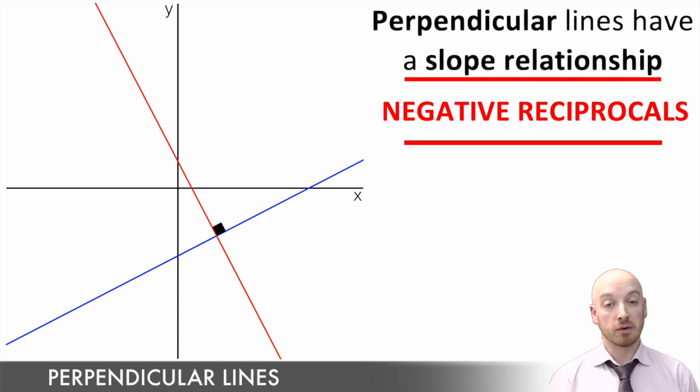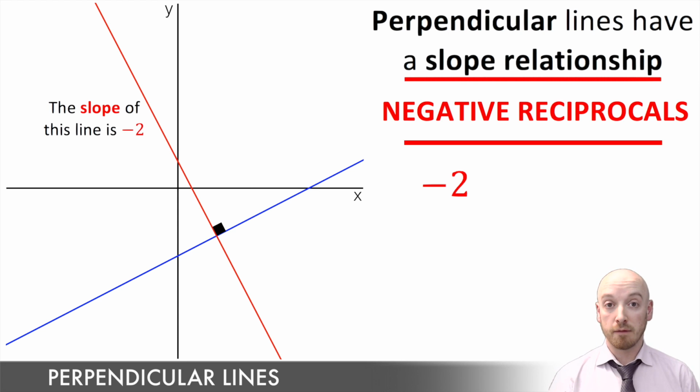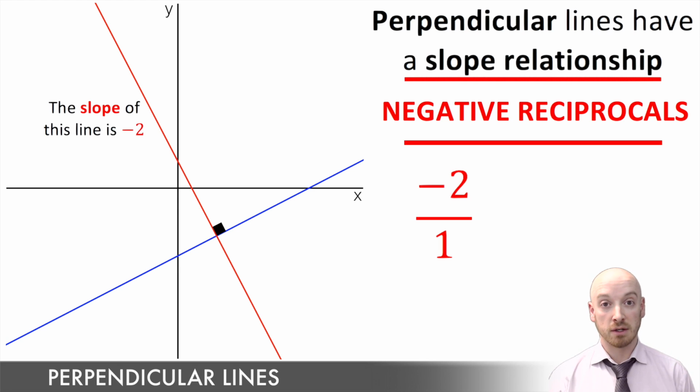Now, negative reciprocals are two big nerdy words to explain a pretty simple concept. Here's how their slopes are related. If you have the slope of one of the lines, you've got to take that slope and make sure it's in fraction form. If it's not in fraction form, whatever the number is, you can put it over 1 to turn it into a fraction. So don't worry if you're given a slope that's not a fraction, just put it over 1 and then follow